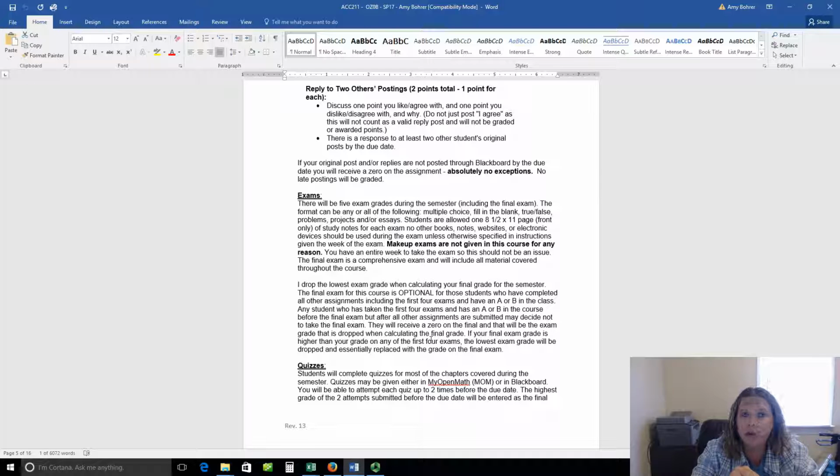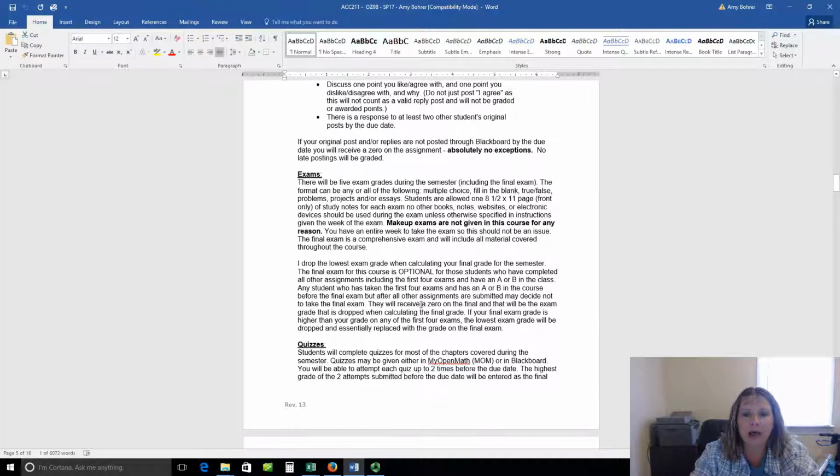With an 8-week course, there's just not enough time to cover all the material and have 5 exams. So I've moved that one down to 4 exams. So there'll be 3 regular exams throughout the semester, and then the final exam. You are allowed to use 1 page of notes. So 1 8.5 by 11 sheet of paper with any notes you want on it.